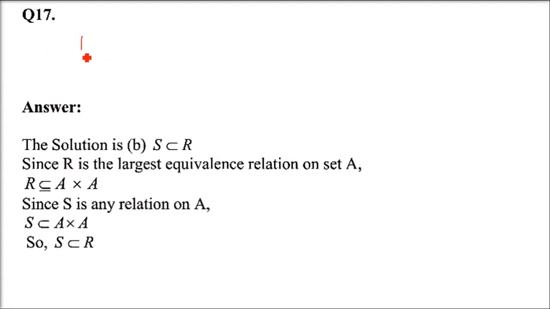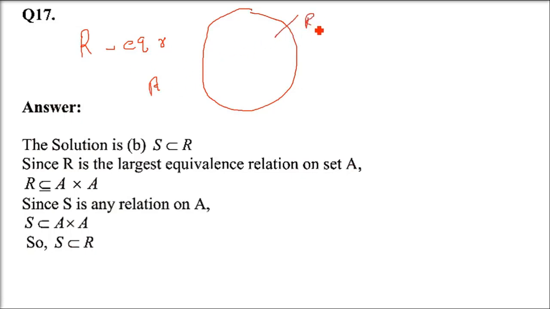So please try to understand, R is the relation and this is the largest equivalence relation, the biggest relation we have. Most relations will be a subset of this relation. But we have to prove why S, which is another relation, is also a relation on A. So in this A cross A, we have a relation R, and on the same A cross A, we have S also as a relation.